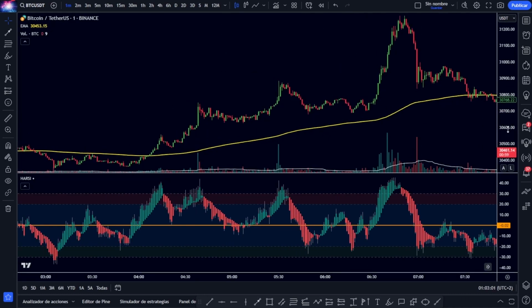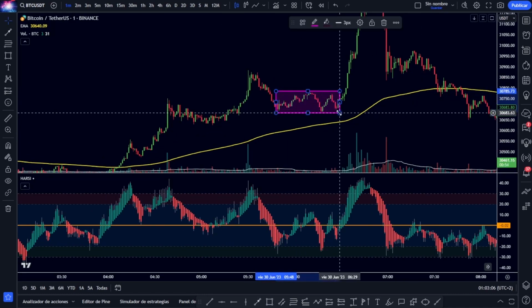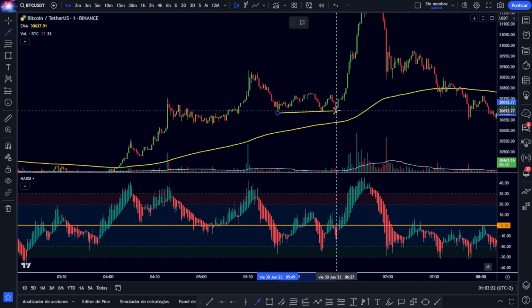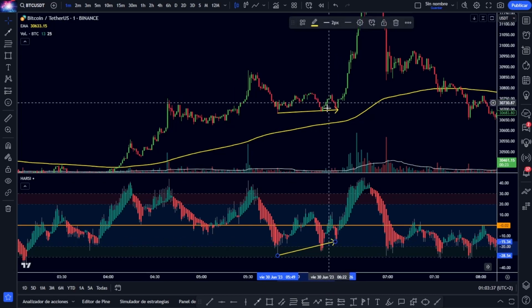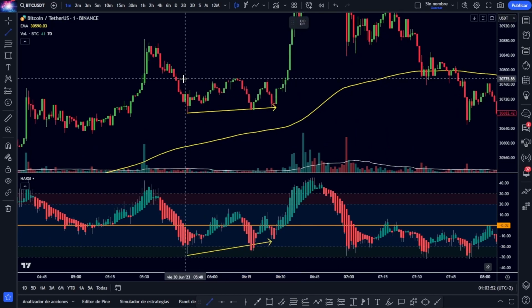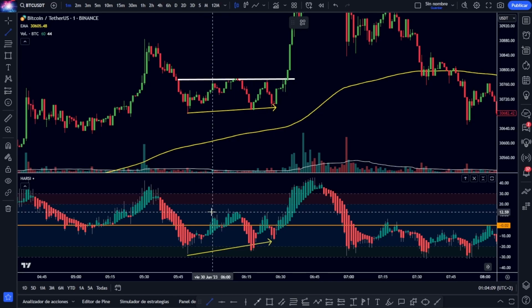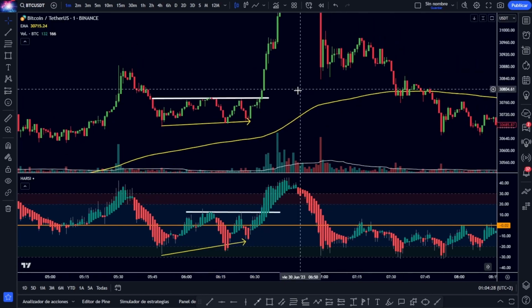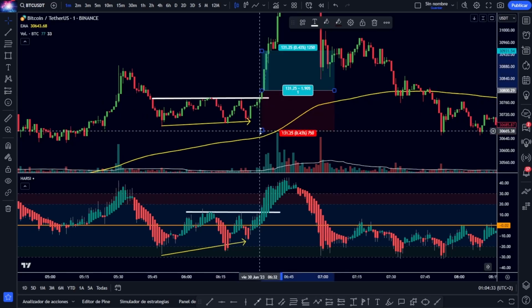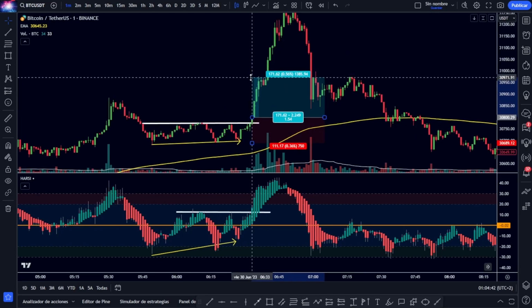Here we have a pretty clear case, and it is that the price has been sideways for a few minutes. We could even mark a small divergence in this area with the indicator, and we could even extend it to this third point. What happens next is that we break that resistance, which in turn we could also place on the indicator, and just the candle that breaks the price also shows it as a break in the indicator. So simply with such basic data we could enter a new operation, stop loss below these previous lows, and ratio